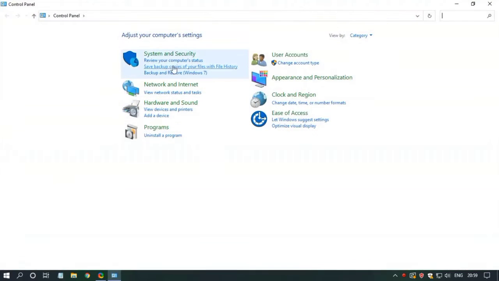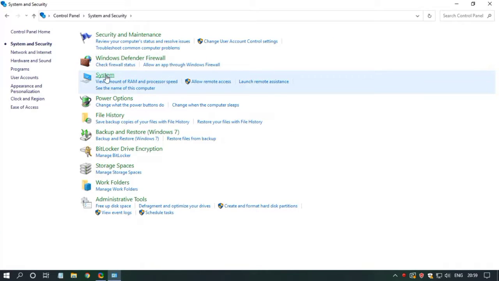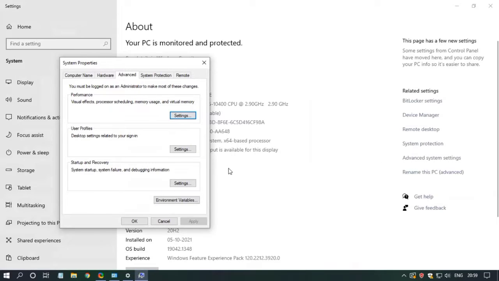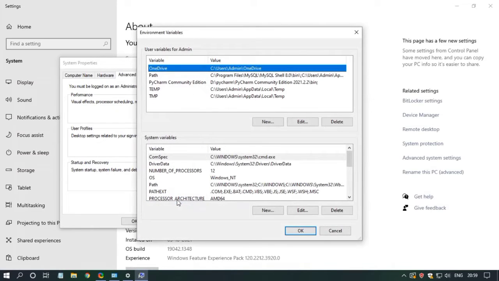Open the search bar and open Control Panel, then System and Security, then click on System, click on Advanced system settings, then Environment Variables, and in System variables click on Path, Edit,